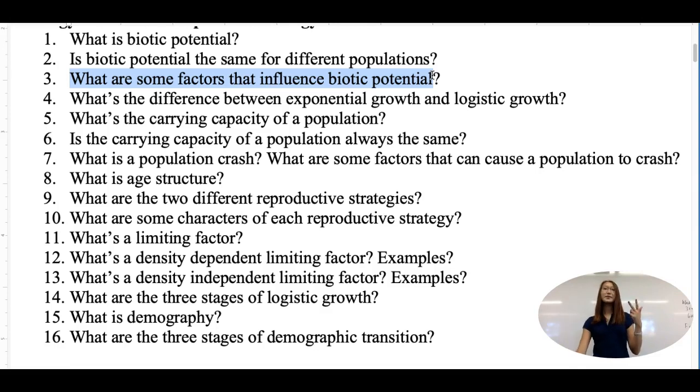Third one would be the overall lifespan of this organism, right? If you have a longer lifespan, you are more likely to reproduce more times. So that will allow the population to grow faster. The last one is the number of reproductive periods. This is kind of related to the last one, the lifespan. This one is the number of reproductive periods during the entire lifespan of an organism. So the more reproductive periods you have, the faster the population is going to grow under ideal condition.